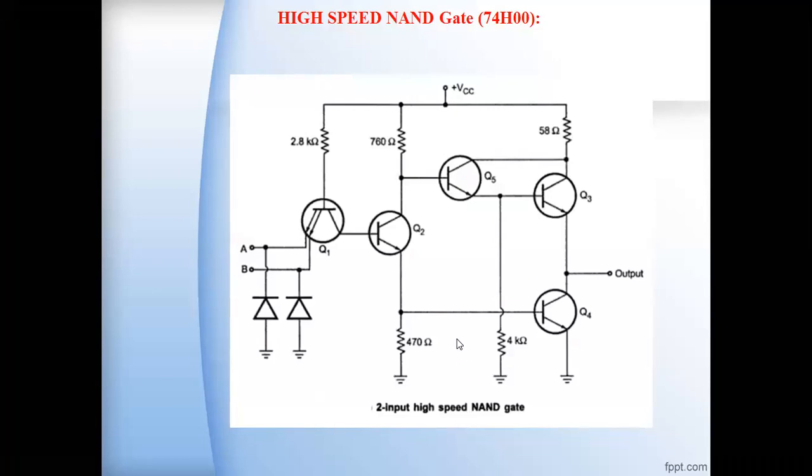As stated, there are many different TTL logic families with a range of speed, power consumption, and propagation delay. Previously, we discussed the representative transistor logic family, the low power Schottky TTL NAND gate and low power Schottky TTL NOR gate. So in this session, we will discuss